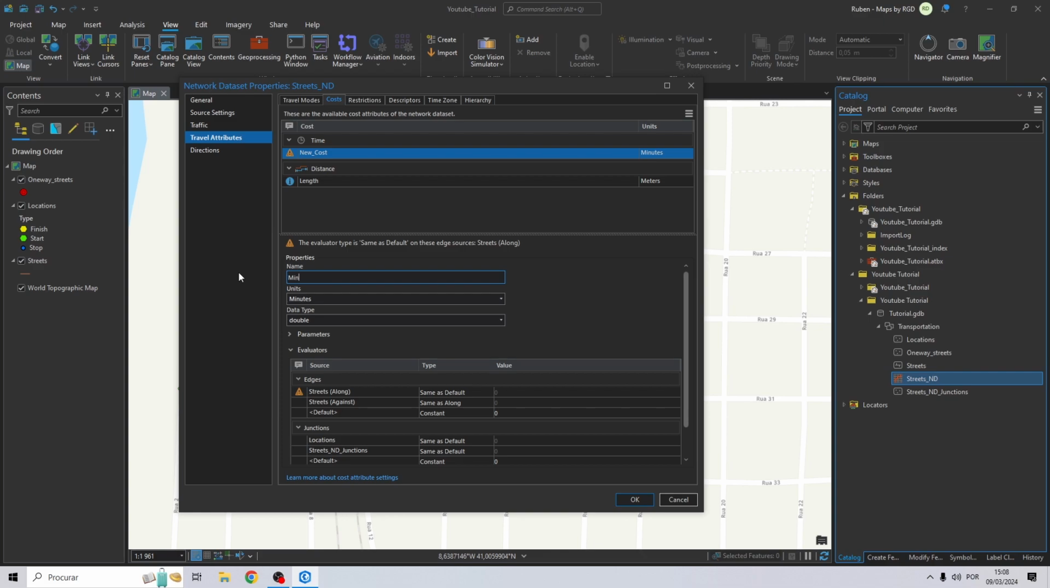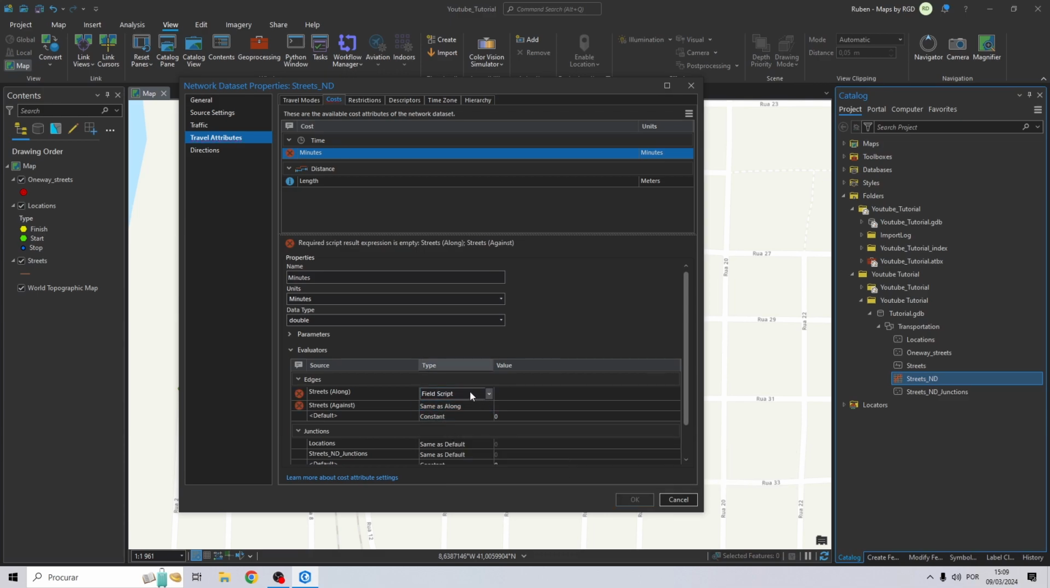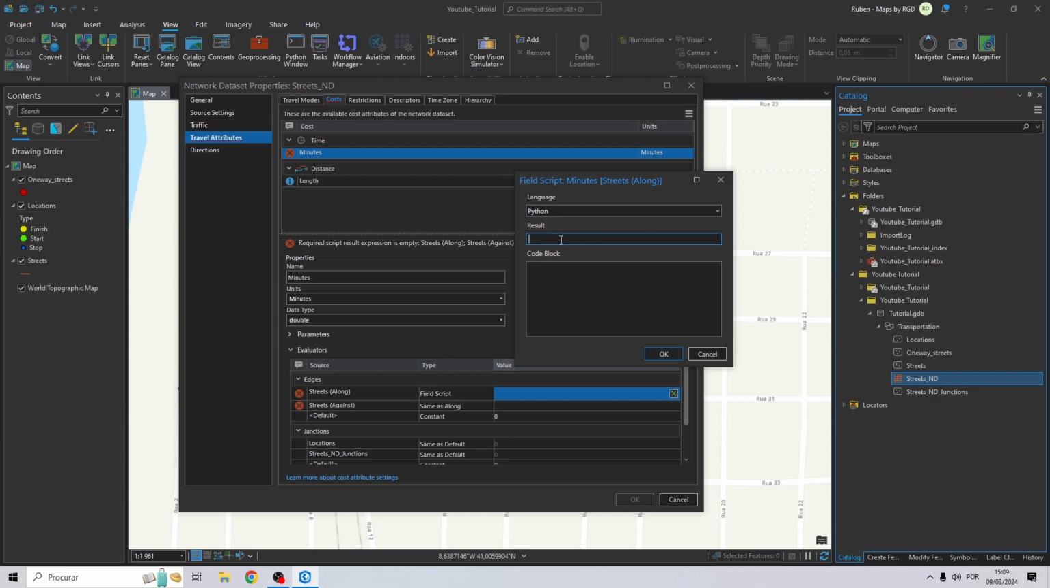So the name will be minutes. Units will be minutes as well, and now we only need to change the evaluators. In this particular case, we will change streets along to field script, so the along field refers to FT. Let's double click here until the green symbol appears, and we will add an expression. So we just have to say that the result is the FT_minutes field, so the one that we created